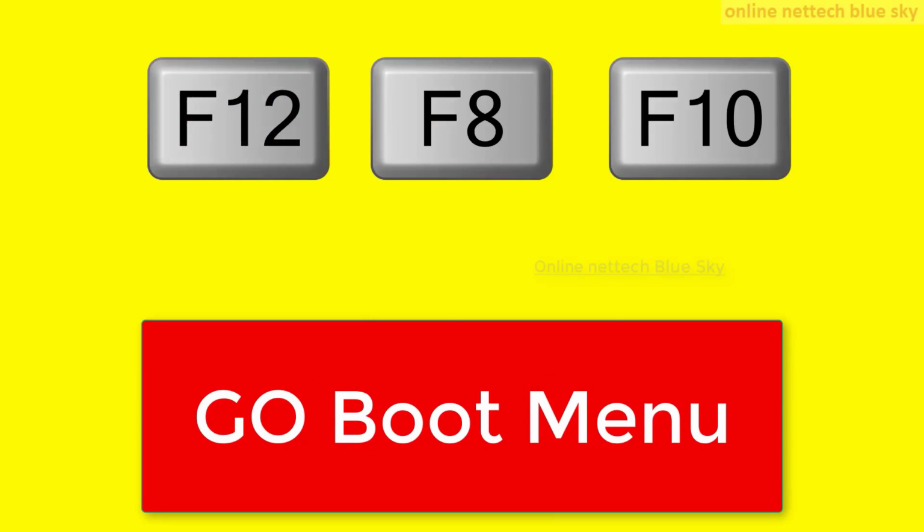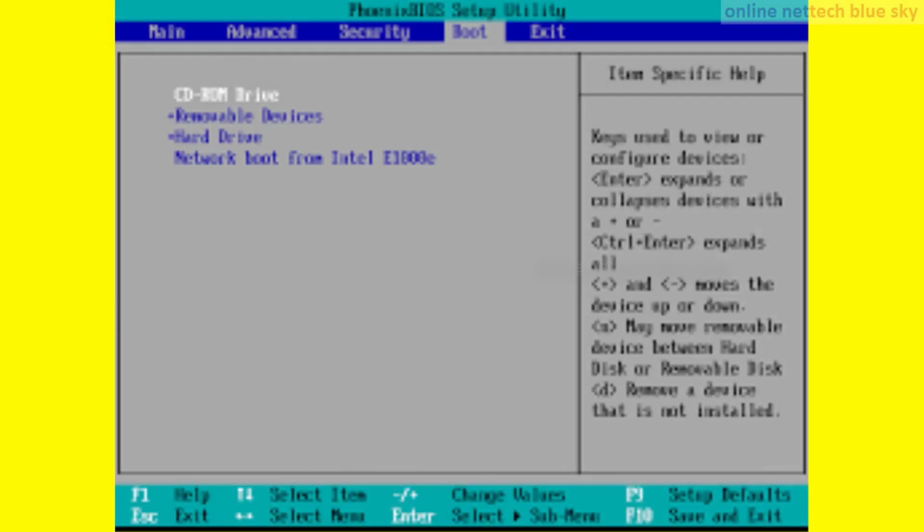You can use the boot menu with F8, F12 or F10. Different computers and laptops use different boot menu keys and boot systems. So you must watch this video completely, don't skip it, because it is very important for you.